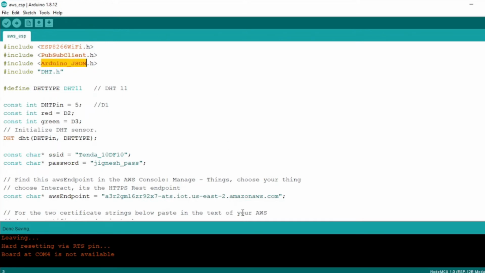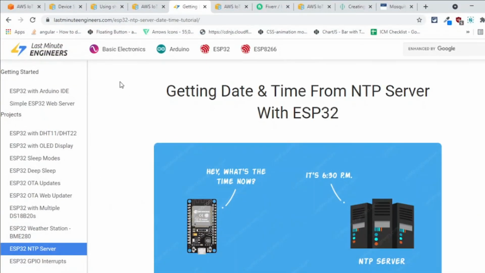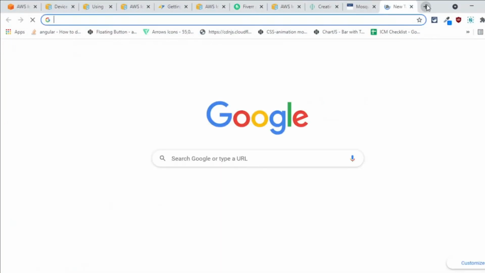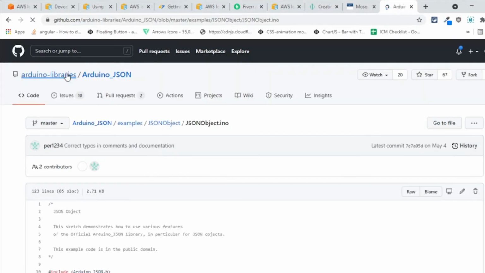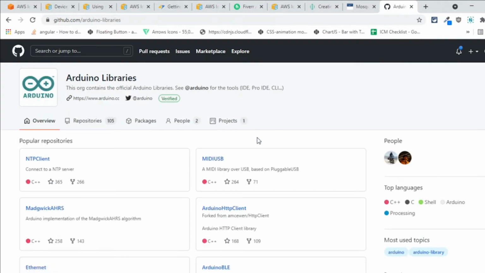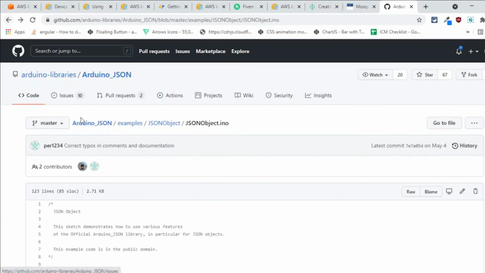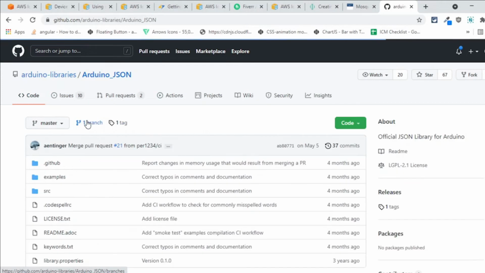This library you will get on GitHub, Arduino_JSON. This is another popular library. Well, this library is the official Arduino library, but it is still in beta version. And basically it supports all the JSON functions,